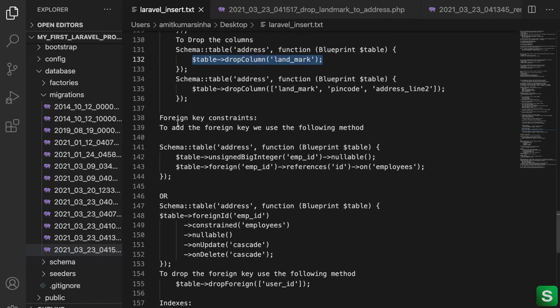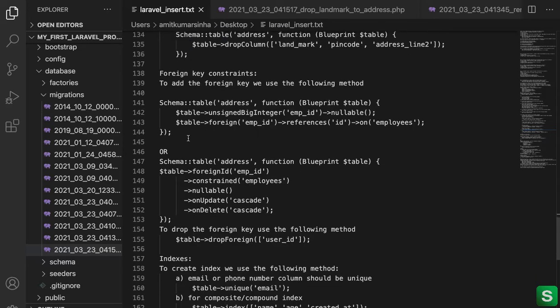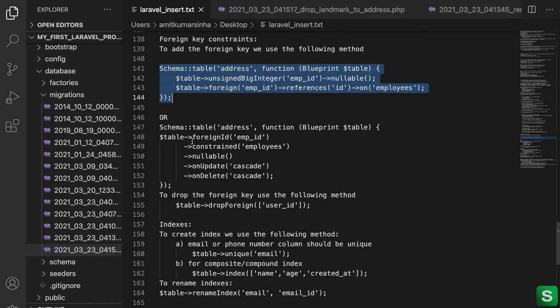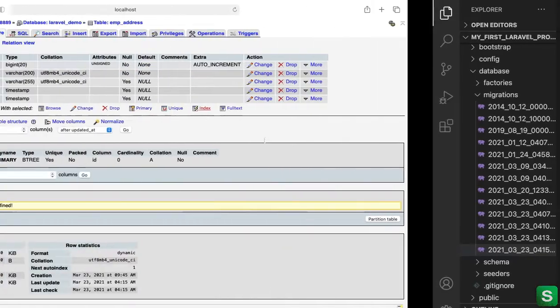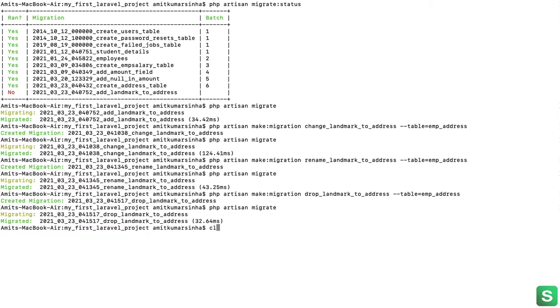Okay, this one is very important, how to add a foreign key, because we need foreign keys every time. So how can we do it? For foreign keys, there are so many ways. This is one way. Another structure is like that, same, no problem, but we always follow this one: on update, on delete, cascade, because if anyone deleted there, it should also delete here. So for doing that, again we have to migrate it.